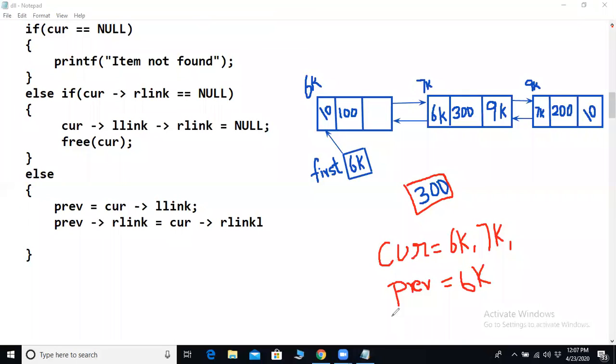What will come in the position of 7K? 9K. So now what happens to this link? Gone. Now a link is established from here to here.